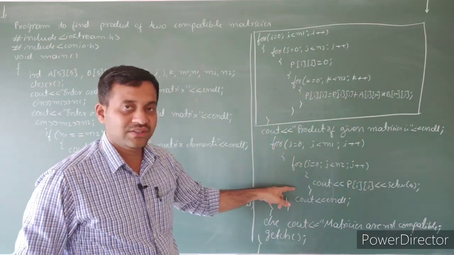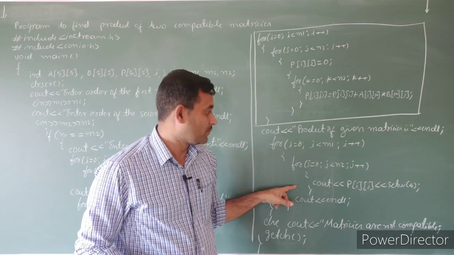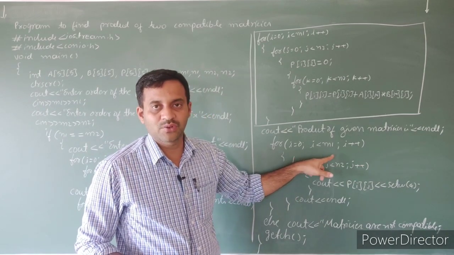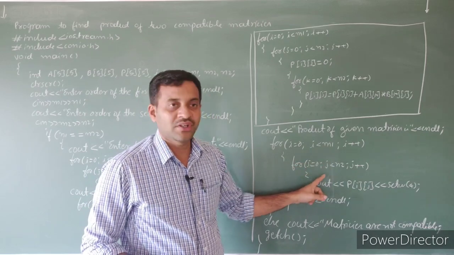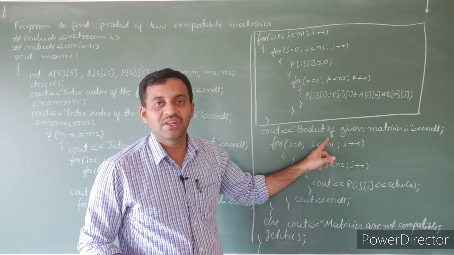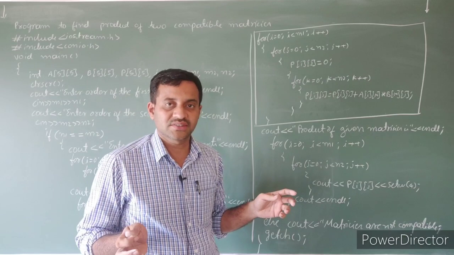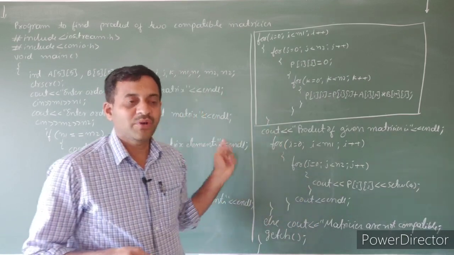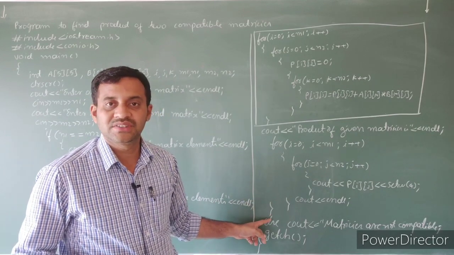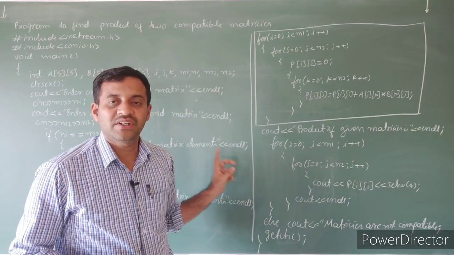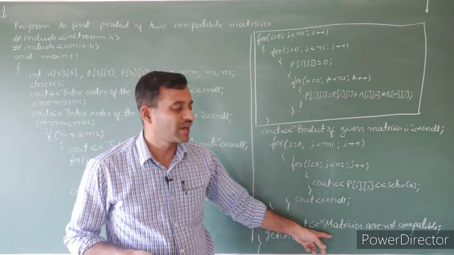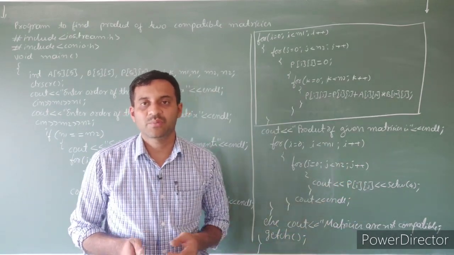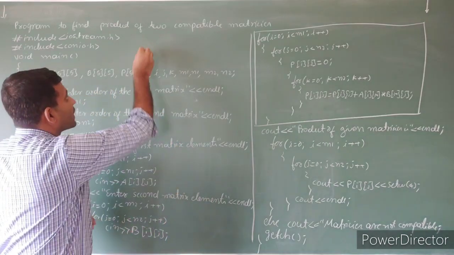We have to print the matrix elements. To print the matrix elements, the order is the outer order. Hence here i is incremented up to m1, j is incremented up to n2. The m1 and n2 are the outer orders. Then print the product matrix. If the compatibility is false, see here the else part, then we say matrices are not compatible. Get the character, close the main program. It is a lab program.